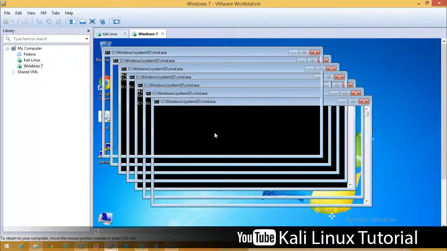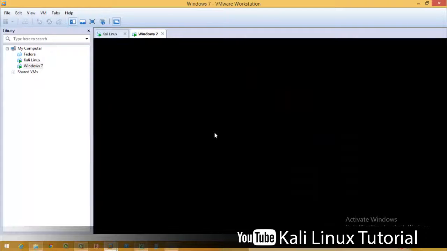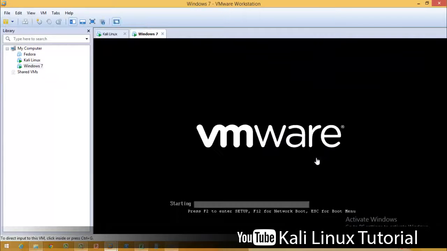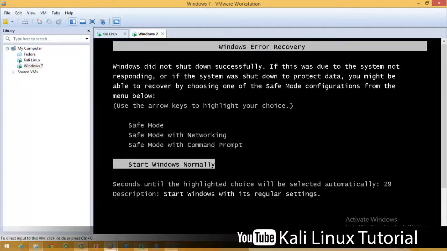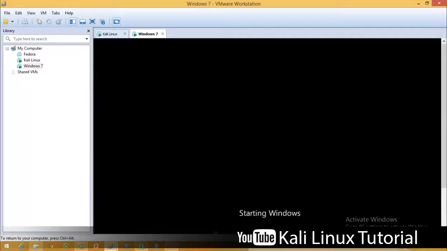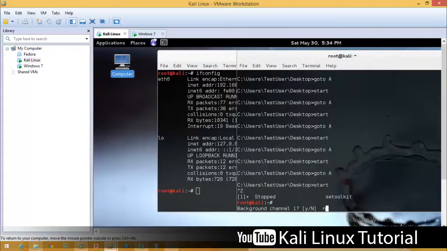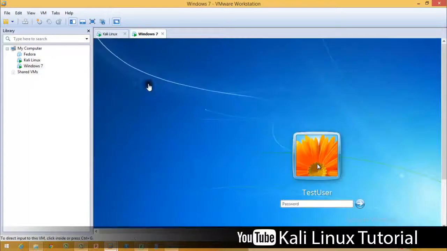Again, I'll force close this, and I'll open it once more. As you can see, this file is not yet corrupted, the reason being that it is on the desktop, and I purposely did that. But if this file was in the Windows System32 folder and you linked this to some of the System32 files with a bit simpler coding, then you could actually destroy the system files and the person would not even be able to recover them. I'll stop this background channel, and I'm back to my original place.